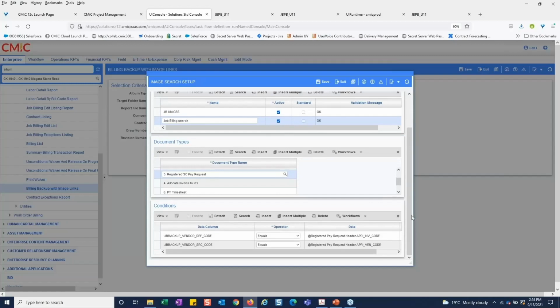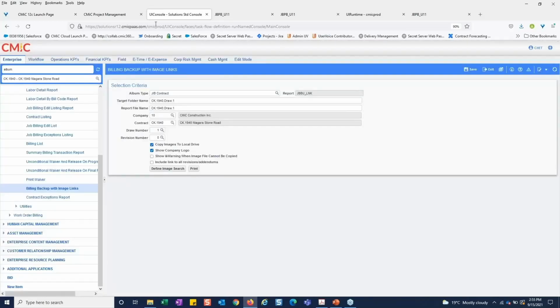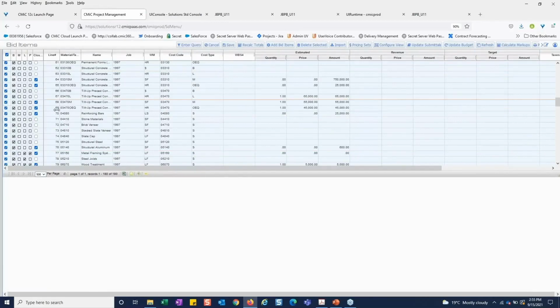And then the last section might look a little strange at first, but this is now which conditions, what are the parameters within the document type that I want to pull? What's the system looking for? In this case here, it's looking for registered pay request headers and the approval invoice code, or excuse me, the invoice code. And so it's basically going to match the invoice with the transaction, with the attachment, and pull all of that information in for me automatically. And so to see it all in action,